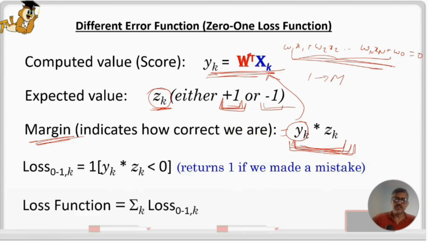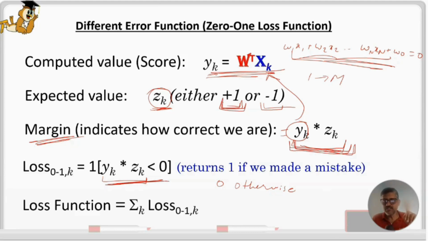Loss. This is the loss function. It's called the 0-1 loss function because its output value is either a 0 or a 1. The loss function basically says it is 1 if yk multiplied by zk is less than 0, and it is 0 otherwise. So if your computed value had the same sign as the expected value, then your loss is 0. You were correct, and therefore your loss is 0. And if you made a mistake, if your computed value was of a different sign compared to your expected value,